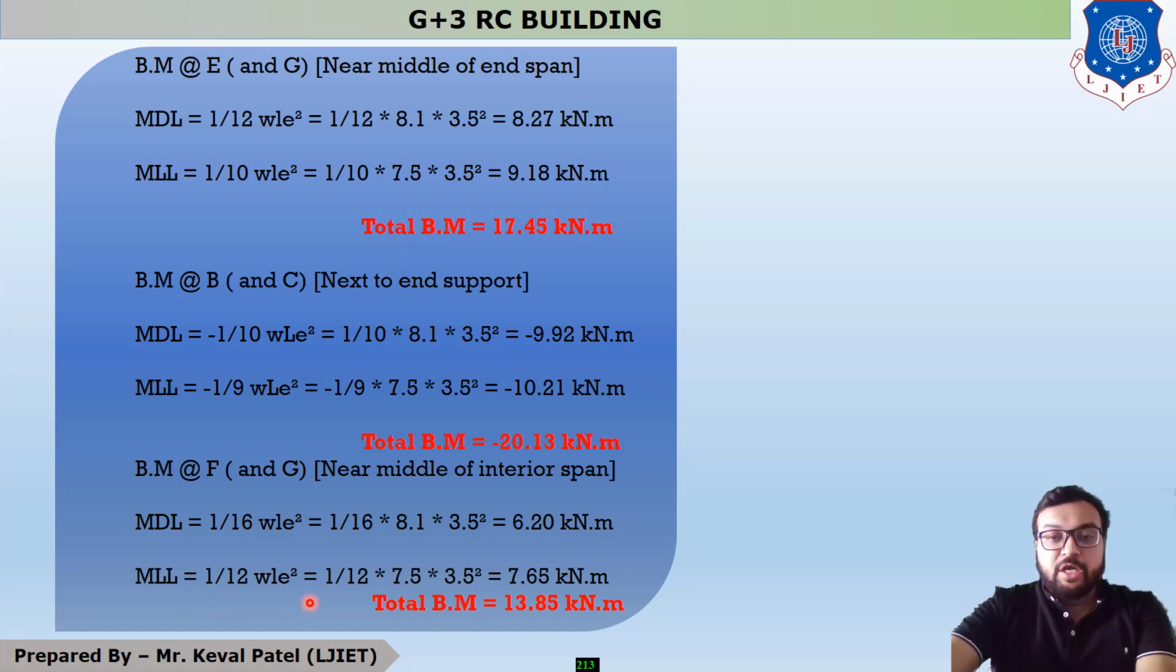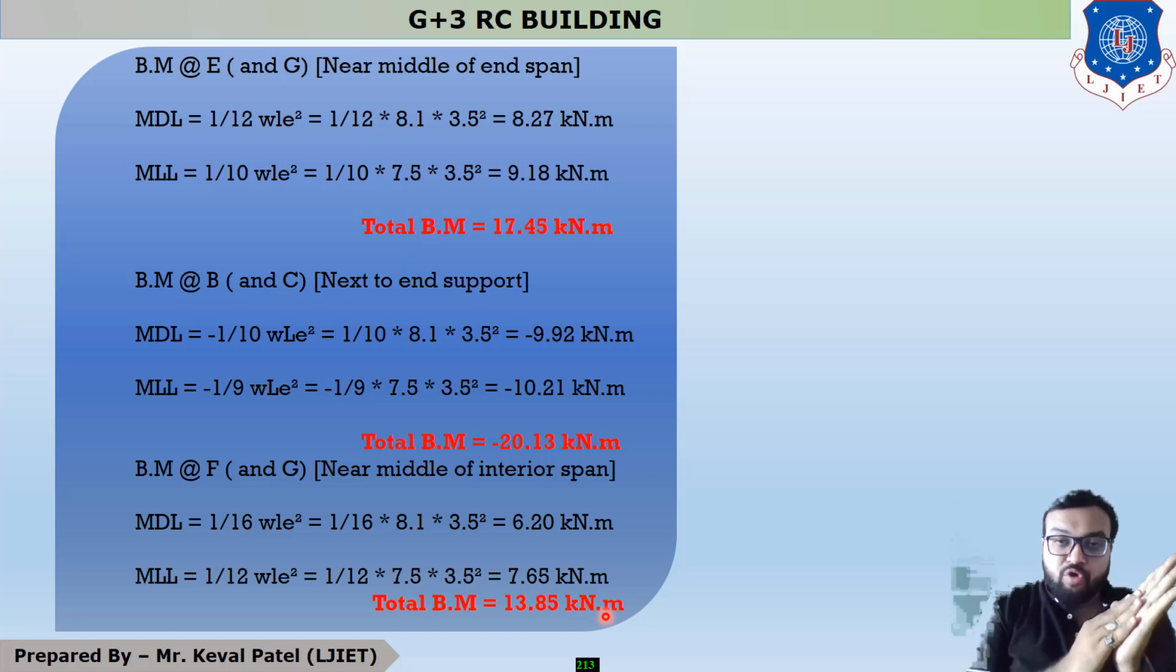So students, putting all the values, our moment due to dead load is 6.20 kilonewton meter and moment due to live load is 7.65 kilonewton meter, and our final bending moment is 13.85 kilonewton meter. So students, these three moments are our main moments. For these three moments, we have to find out